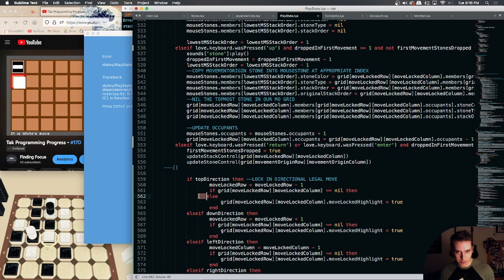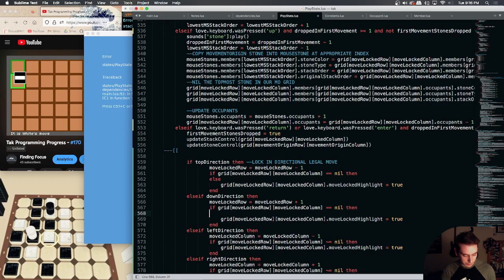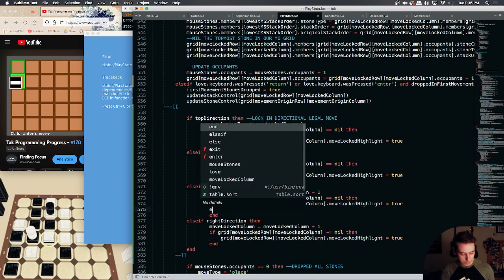But if it's not, then set that grid. Like, will that stop it from crashing? Do nothing. Can I do that? Leave an empty statement like that? If this is equal to nil, which it will be, that's why it keeps crashing there, then